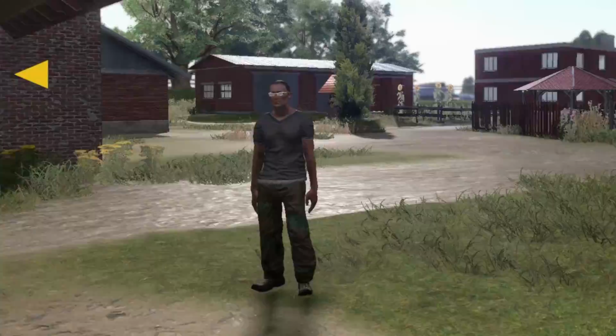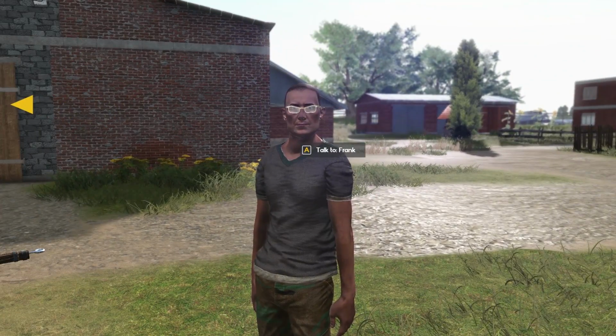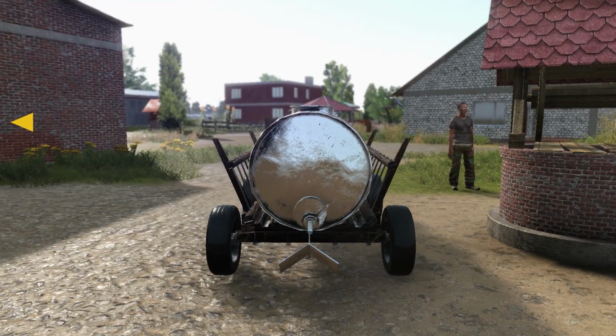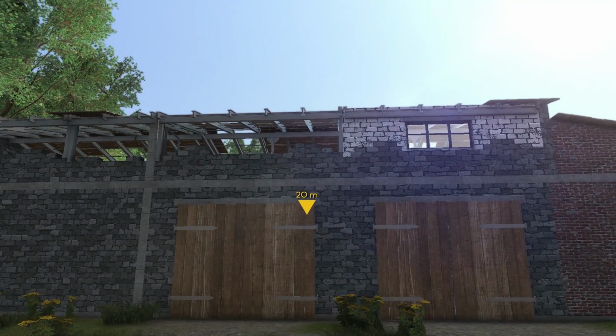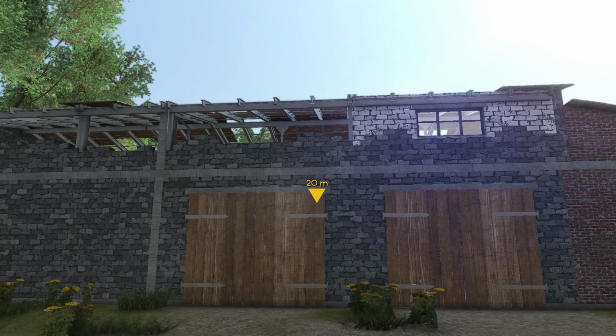So this is Frank. Frank, otherwise known as Google Translate 2.0. He wants us to fix up this building over here. And if we do, he's going to give us this manure spreader, which is fantastic. Actually, we're going to need as many items as possible because that seems to be how you get started on your dynasty. Now, we do have a couple of tomatoes growing over at our greenhouse,